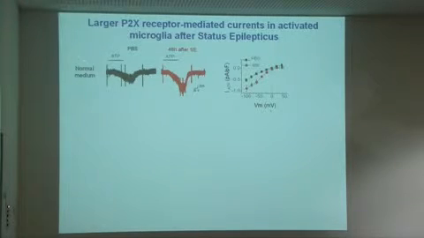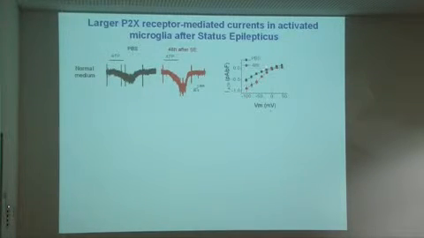receptors. So this is a recording from a hippocampal microglial cell in a healthy brain, in a control animal. And you see that upon application of a saturating dose of ATP, you have a tiny current in those cells, a few picoamps, that you can record because the input resistance of those cells is so high that you can detect very small currents. If you do the same experiments in microglial cells in a slice of an epileptic animal, this is the type of response that you have. And on average, these responses are bigger than those ones.